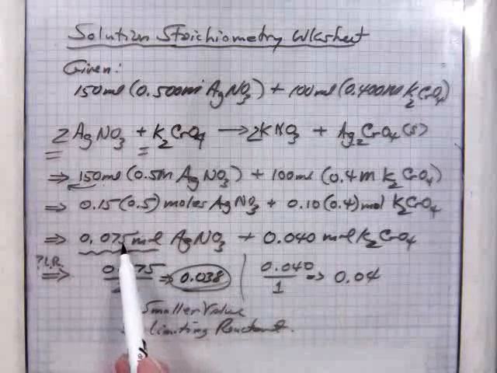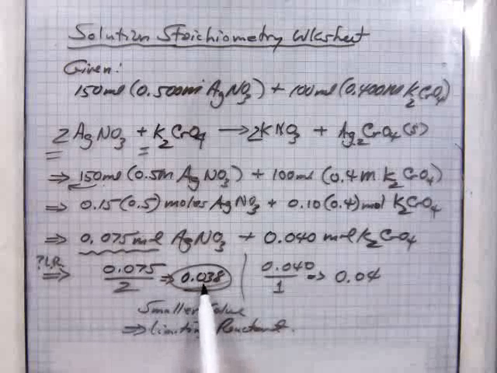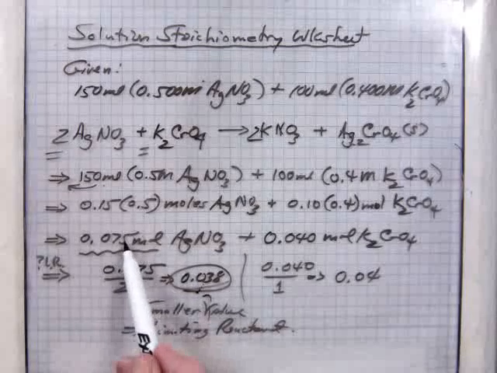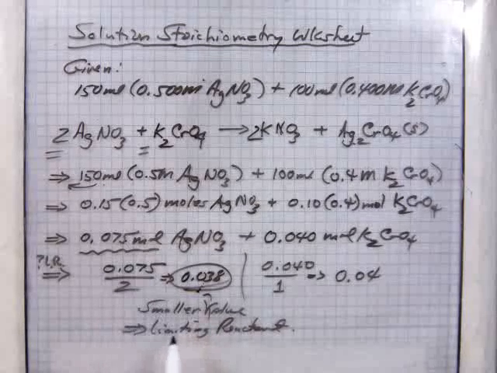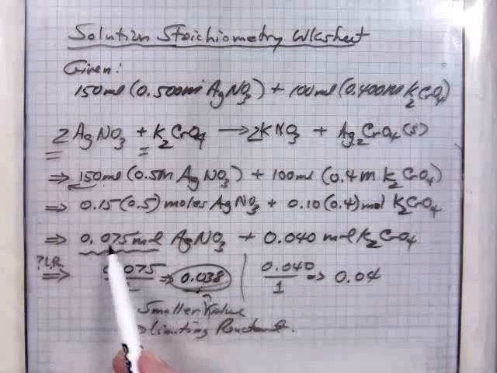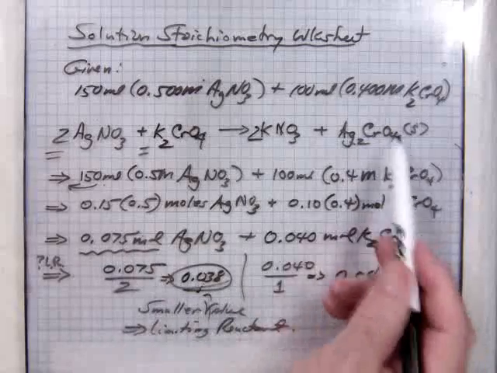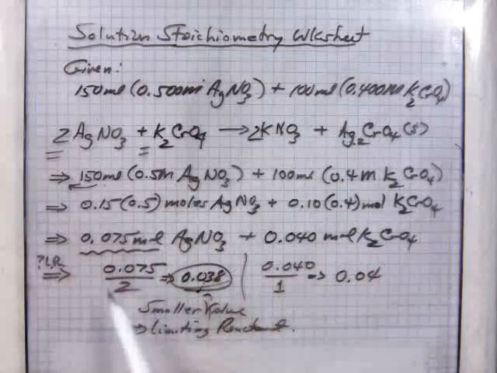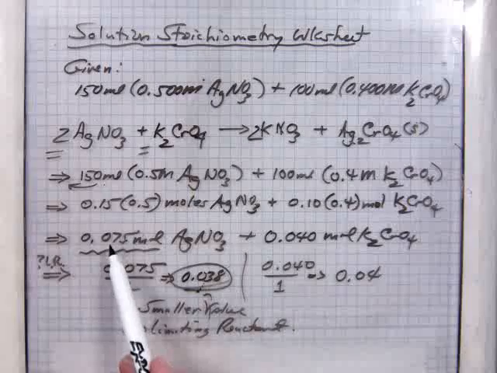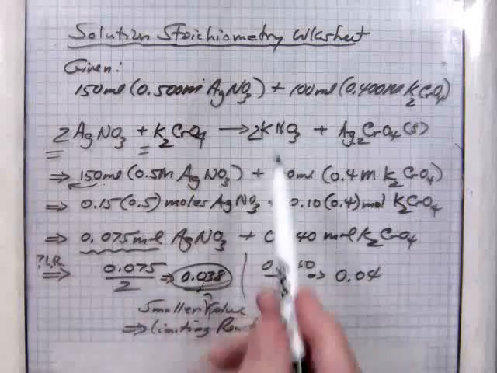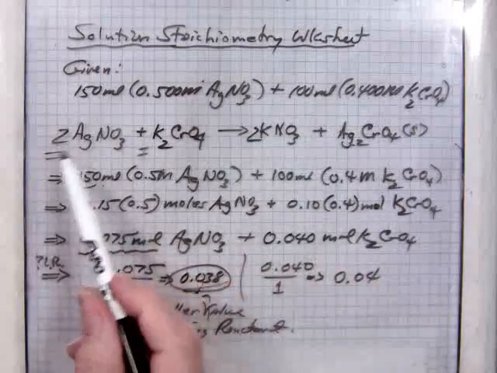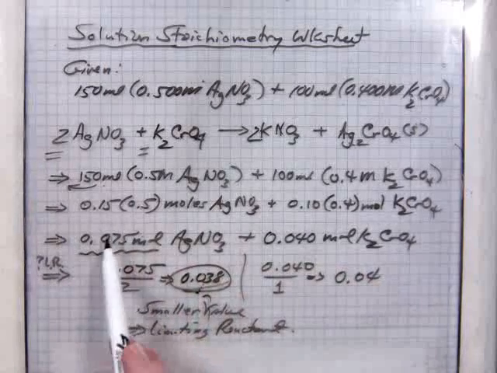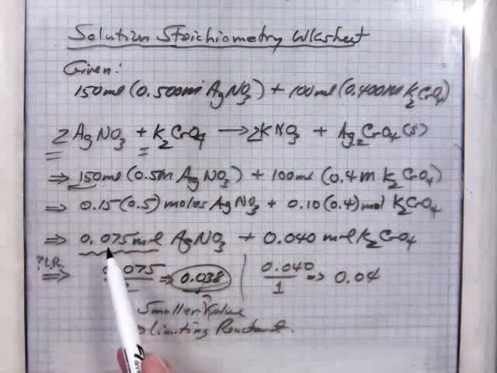0.075. Remember, you have to go back up here. This is only a technique for identifying the limiting reagent. So you want to move back up here. Don't get caught using that number. So it's 0.075 yields X moles of the silver chromate. Well, it has to be a smaller number than 0.075, right? So by how much? Well, you take the coefficients and set up a ratio that will make the 0.075 a smaller number. So in the solution of this,